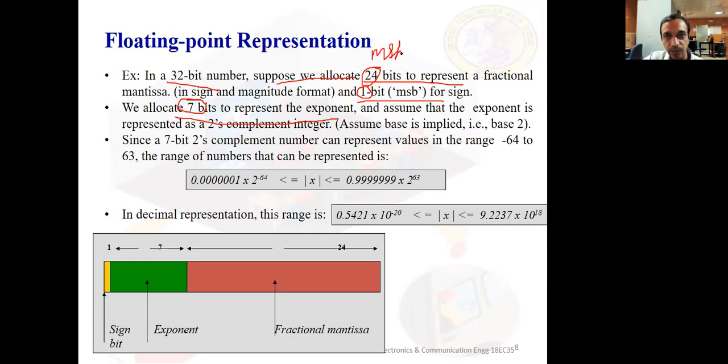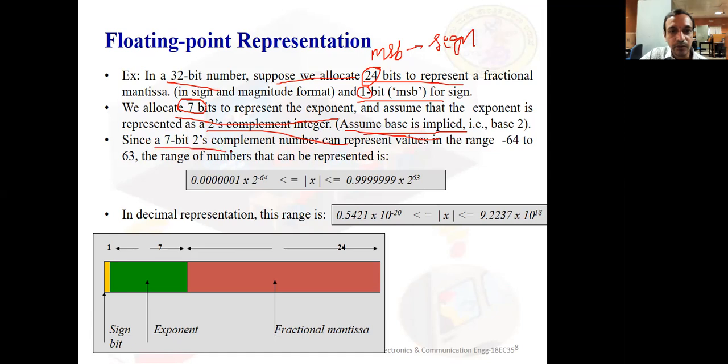Out of 32 bits, one MSB is always the sign. Please remember, the MSB indicates the sign. If it is 0, the number is positive. If it is 1, the number is negative. MSB is the sign, and then we have 7 bits for the exponent and 24 bits for the mantissa, in binary format. The exponent is always in 2's complement format, because it has a single zero. The assumed base is 2 only, because we are looking into binary numbers.